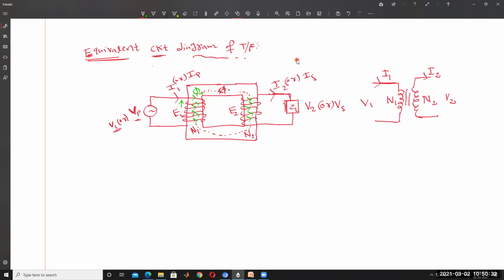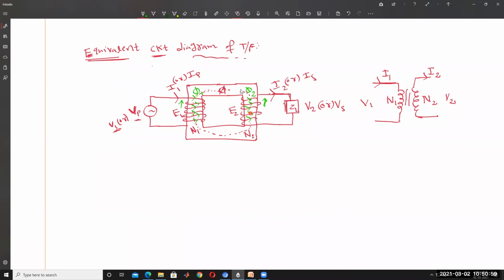The flux is in this direction in the transformer, and on the secondary side the flux in the secondary core, the secondary side limb, is also in a direction. This is called one limb. So phi 2 is also in a direction. The phi 1 flux direction is upward and the phi 2 flux direction is upward. Both fluxes are opposite to each other.